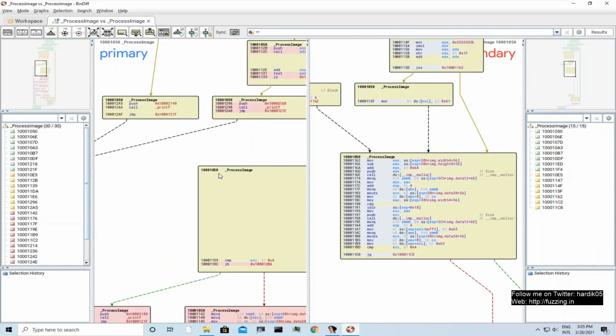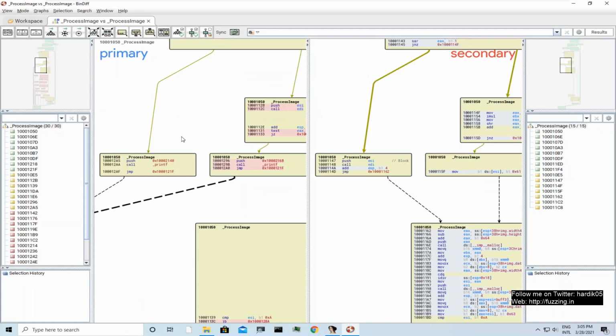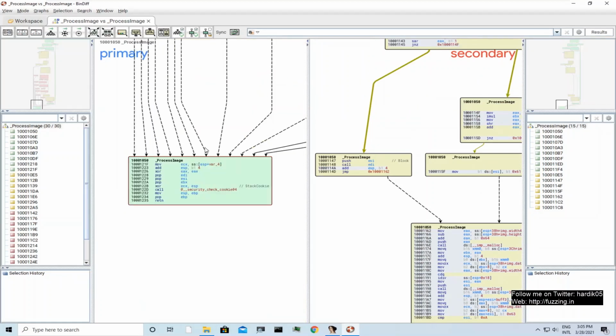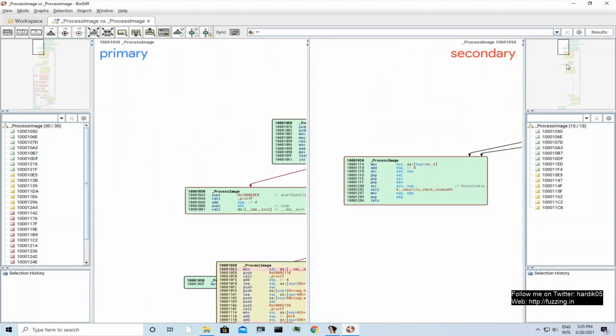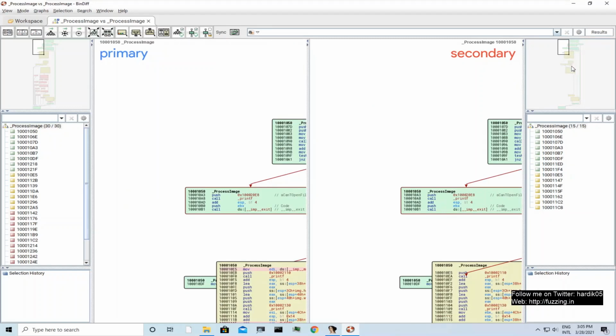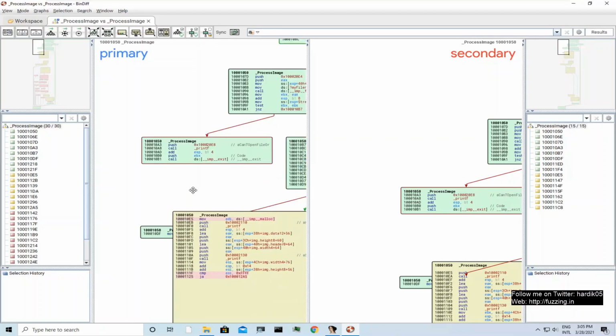I will just go over here. My system is a bit slow. Every time I use OBS and VMware, it becomes very slow. So anyway, so